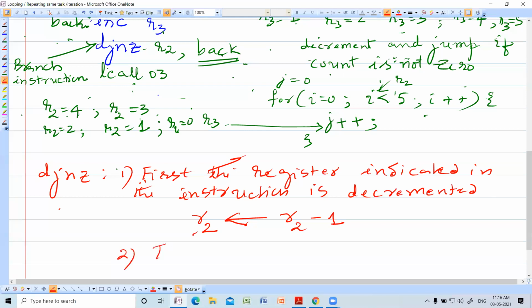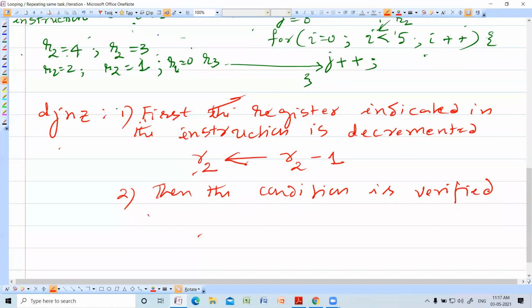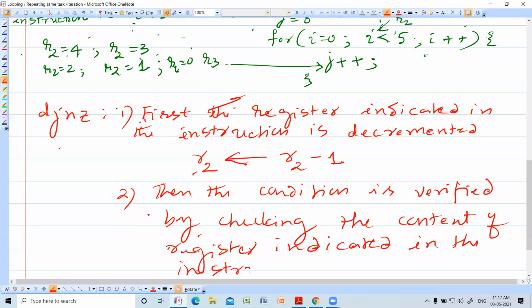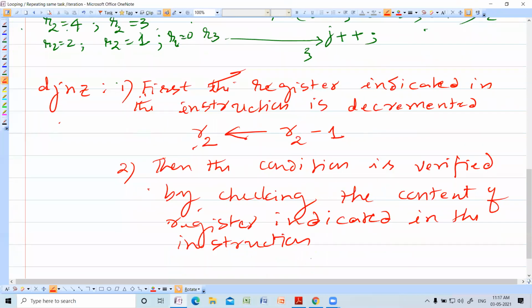Second point. Then the condition, that is whether it is 0, is verified by checking the content of the register indicated in the instruction.